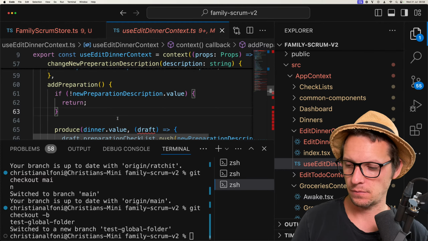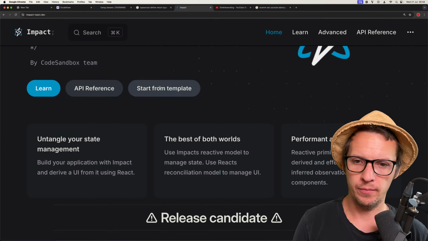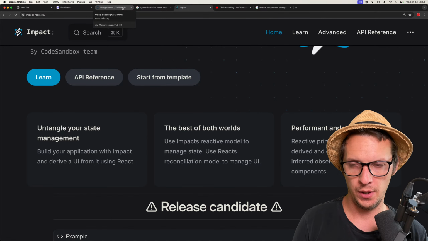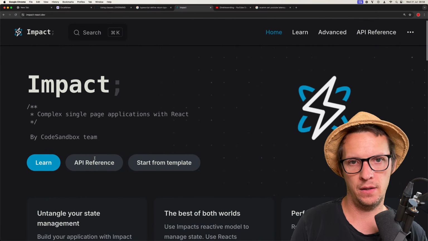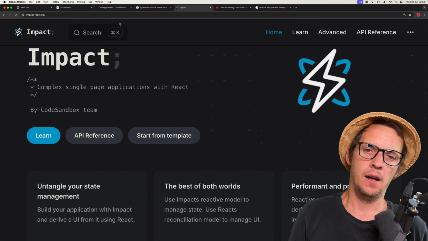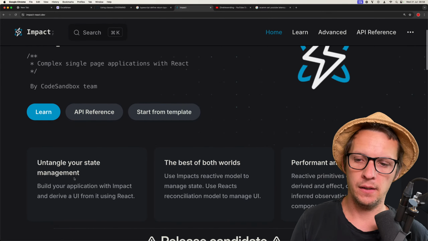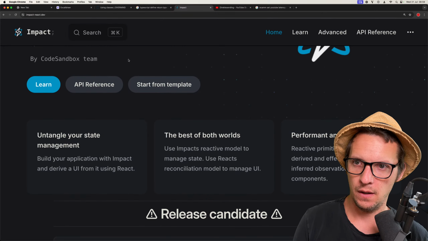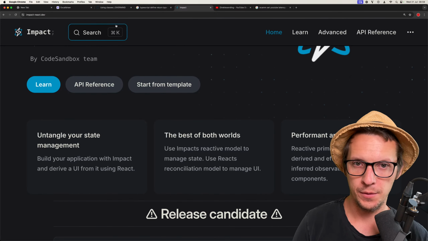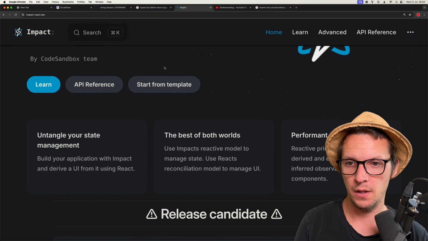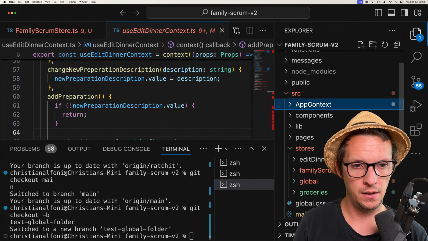Yeah. The thing that was most annoying for me with the original Impact was that I was still tangling it with the components, with the directories and files of the components, as opposed to what we're doing here.